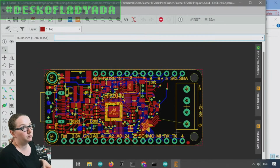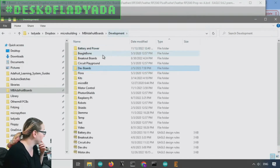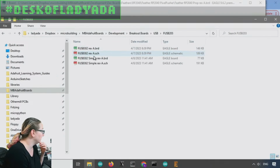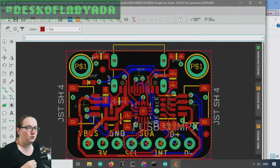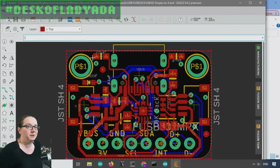I'd probably have to make this a 4-layer board just to be able to get that current over to the other side of the board very efficiently. But to do that, I think I need to use a USB Type-C power delivery chip. So I've started to develop a breakout board that would negotiate the USB power delivery spec. I think you can do it with just PIO on the RP2040, but some of these chips are so inexpensive, instead of dealing with this protocol that's another layer of complexity,